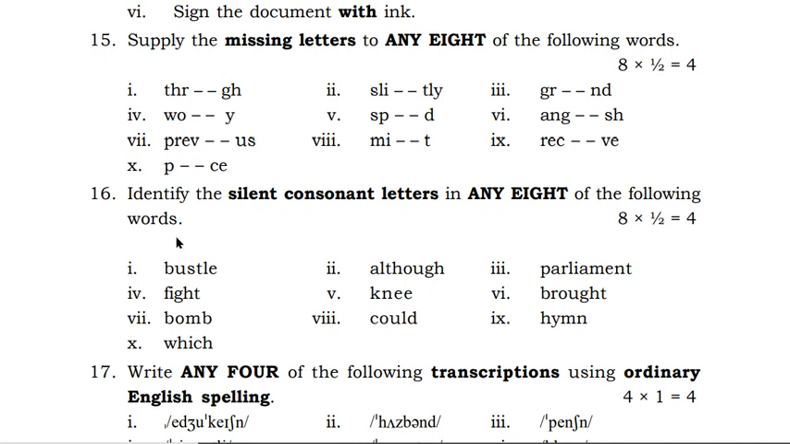Okay. Then question number 16. Silent consonant letters in any 8 of the following. So what is the silent letter here? You should write here. For example, see here, could, L silent, knee, K silent, him, N silent, brought, GH silent, and which, here H silent, first H is silent. So like this, you could write the silent letters. What are the silent consonant letters in these words, you have to identify and write. Each one gives you half mark, and you have to answer any 8 of these 10, and you get 4